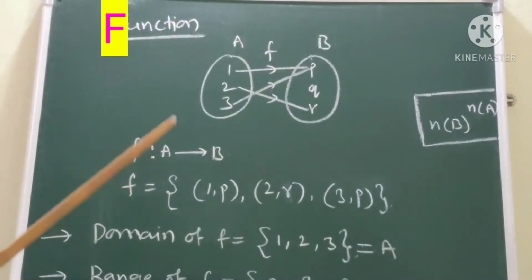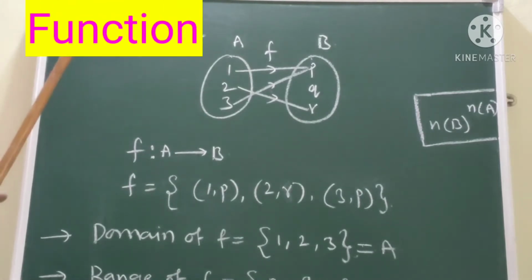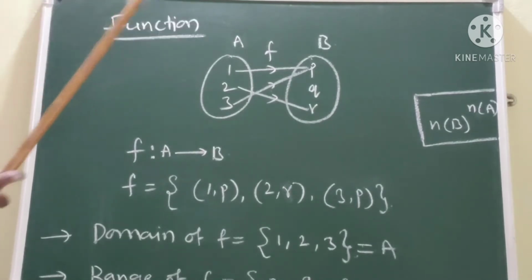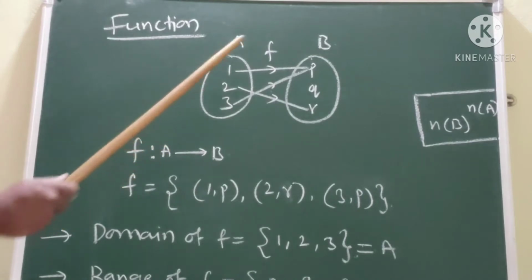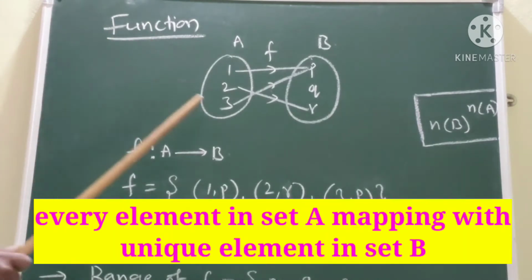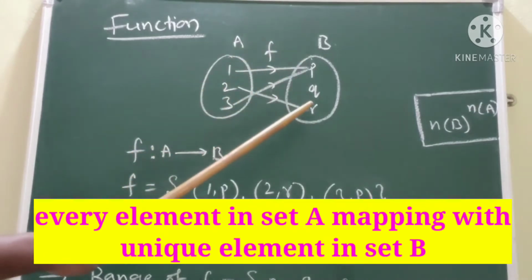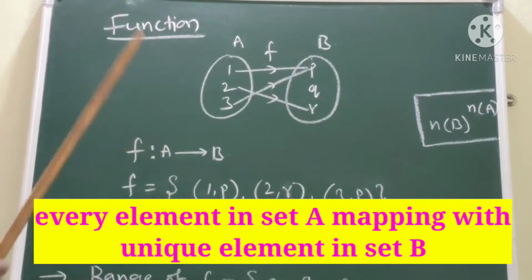Now let us discuss a function. First of all, we have to see the definition of a function. Suppose A and B are two non-empty sets and F is a relation from A to B. In the relation from A to B, if every element in A is mapped with a unique element in B, it is called a